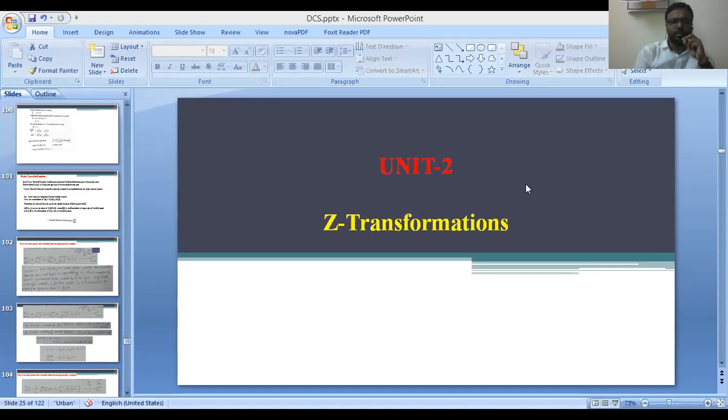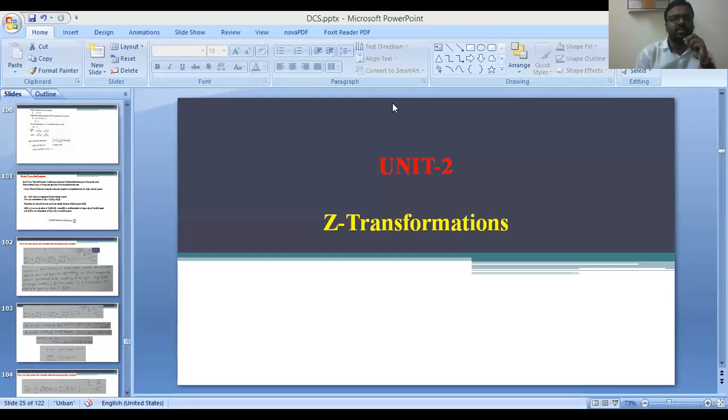After that we have also seen the problems regarding initial conditions. Whenever the initial conditions are given in the equation, how we are supposed to apply the Z transformation and substitute the values of initial conditions in the problems. Okay, so these problems are very, very important. Why? Because these problems are asked repeatedly in your previous university question papers.